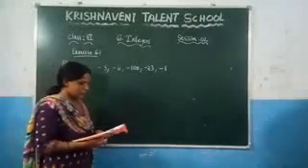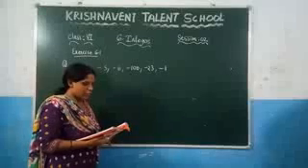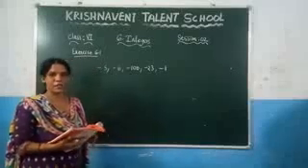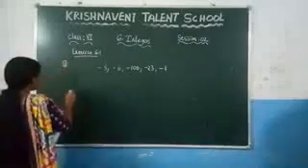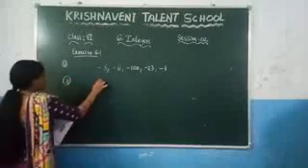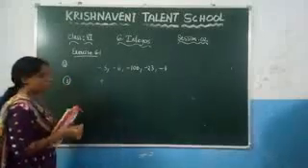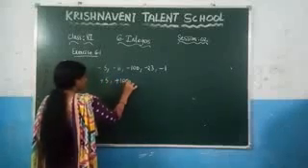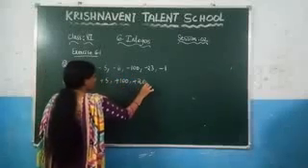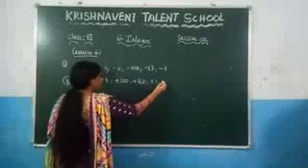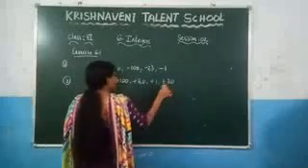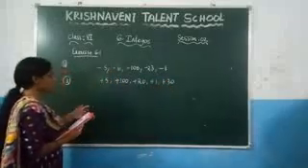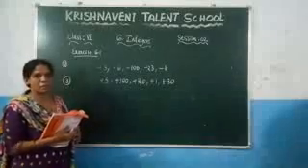Now see the third question. Write any 5 positive integers. You need to write positive integers here. That means a plus will be before them. You can write any number: plus 5, plus 100, plus 20, plus 1 and plus 30. You can write any number of your choice. This indicates that these are positive integers.